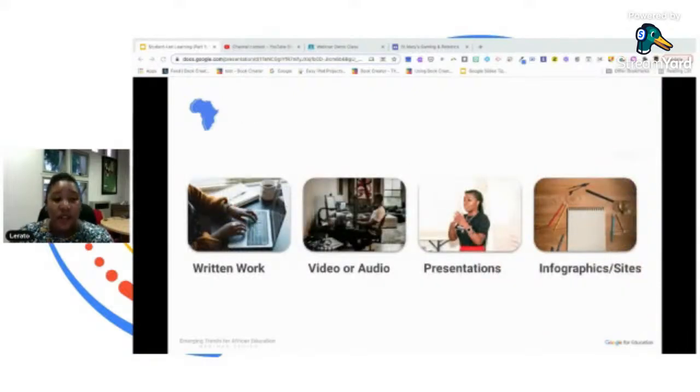In terms of evidence of learning, you could ask students to choose how they would like to complete an assignment. Oh, I get goosebumps because we all know that in our classroom, all our learners are different. They process differently, they learn differently, and now they have a platform to respond in a different way. You have the one student who wants to write an essay, another who creates a video or podcast, and another who may prefer to make a presentation using infographics. How amazing. We're giving each student a voice in different ways.